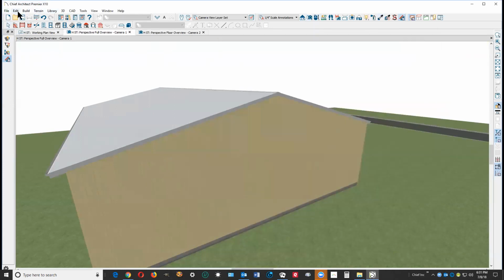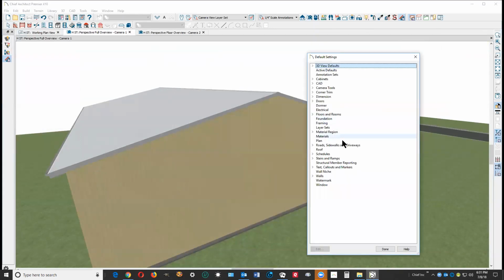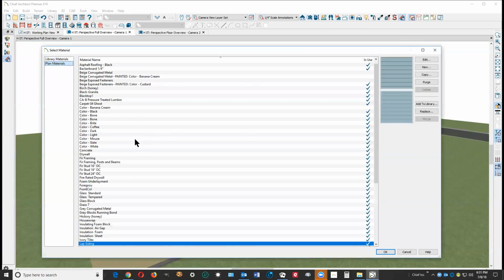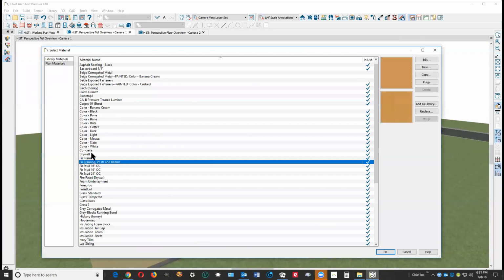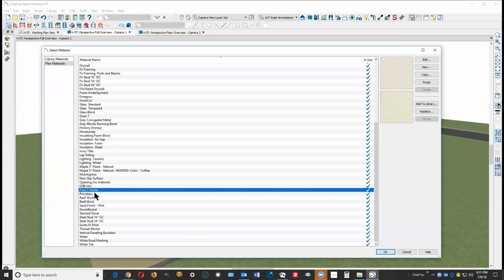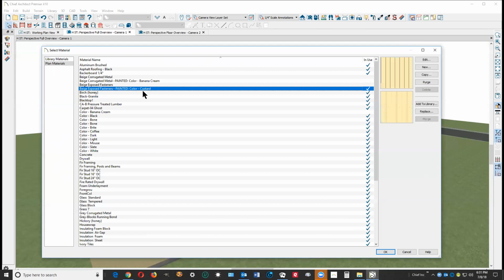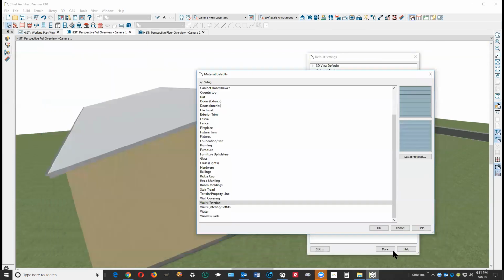You go over to edit default settings and materials, and there's an entry for walls exterior, and see if this old material here, you're not using that anywhere. So I would select material, go to plan materials, and I think that was painted, so it's probably in the P's. Well, okay, wait a minute, is that it? No, that's not it. Beige painted, yeah, there it is. Okay, we'll set that as the default,